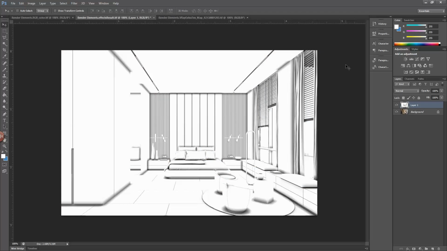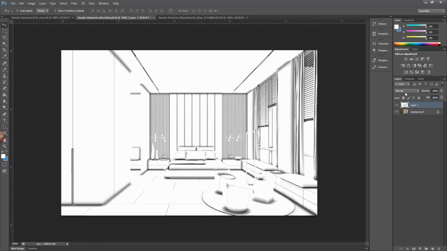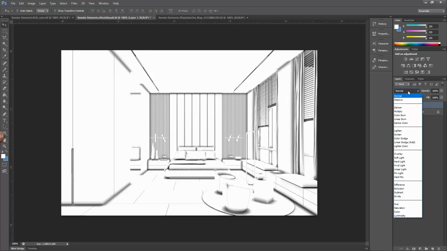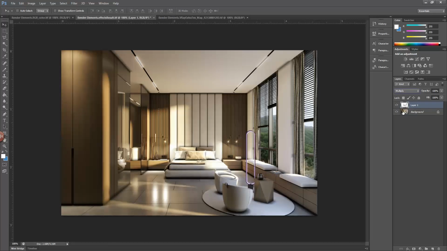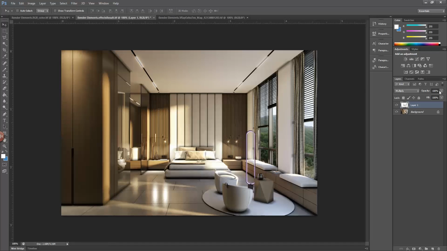In this list we see the layers of the project, so the one at the bottom is the effects result image and the one on top is the extra text image. Use the eye icon to hide or unhide the layer. With the extra text layer selected, go to the blend mode over here and set it to multiply. This element gives more depth to the render. 100% is pretty strong, so I will reduce the opacity to 20%.